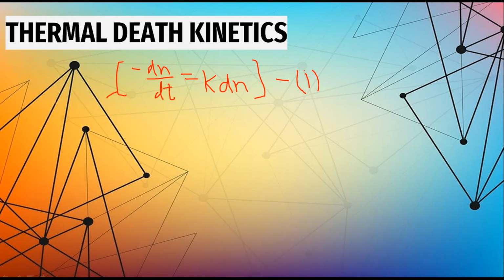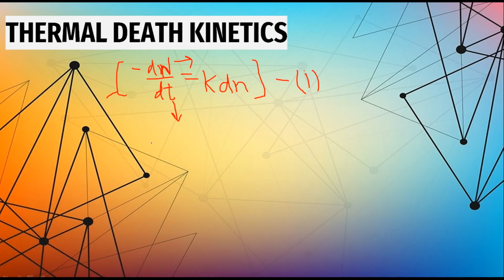Where N, actually this is capital N, is the number of organisms present, and t is the time of sterilization. You all have heard about sterilization, right? Killing spores. And Kd we write like K. So Kd is the reaction rate constant.